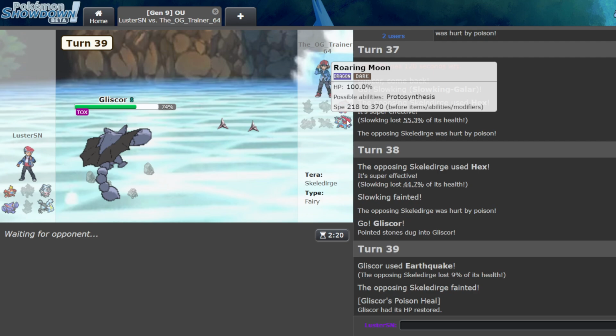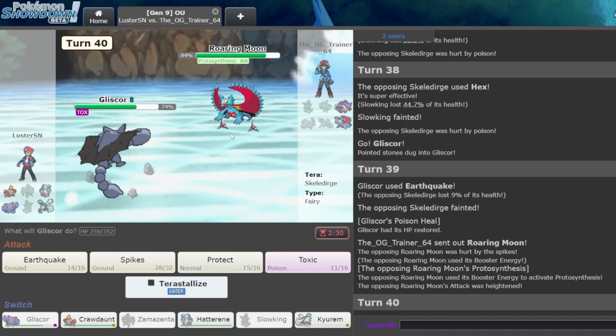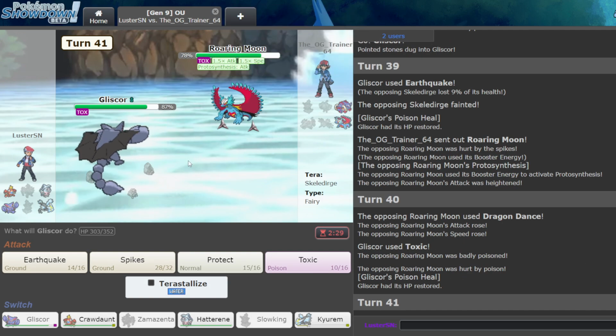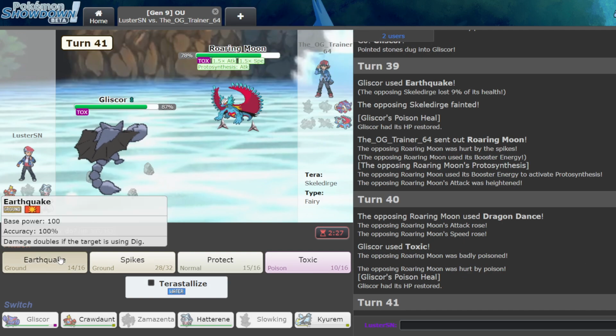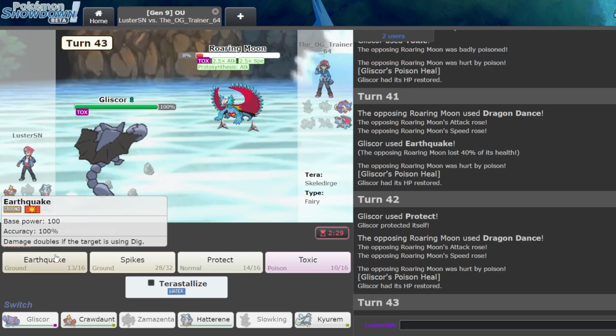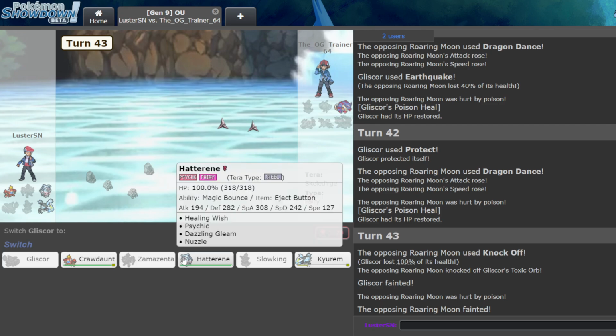So we knock that out. They're gonna go Roaring Moon, right? I just have to land Toxic. And we did. Okay, perfect. And they tried to Dragon Dance on Protect, and now I Protect. And now we go...